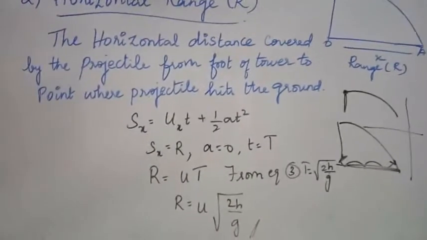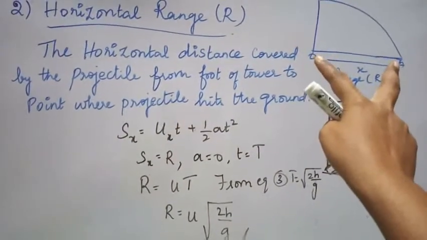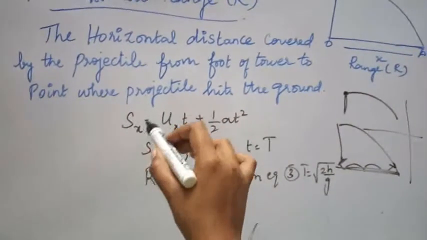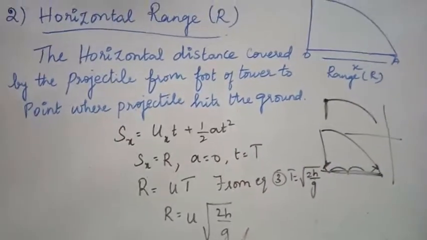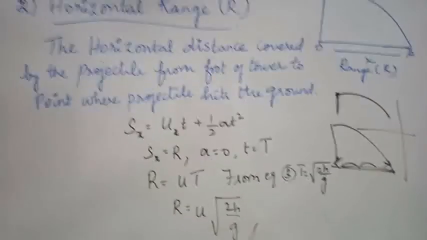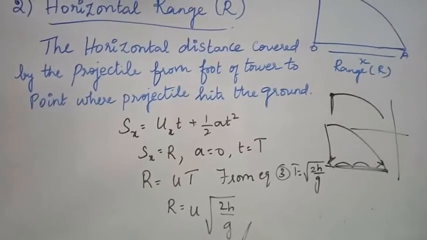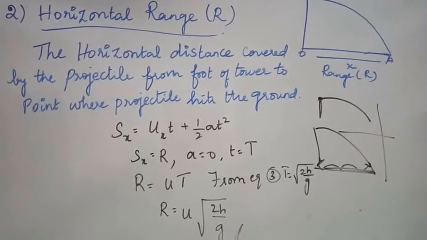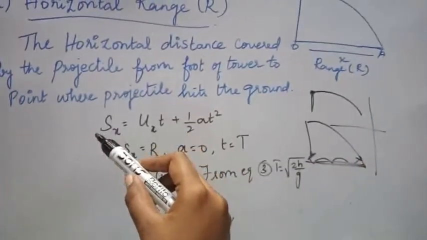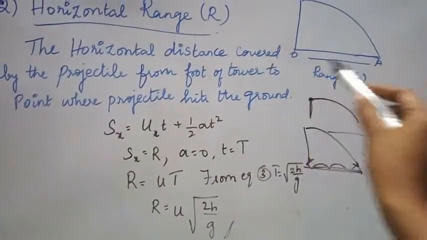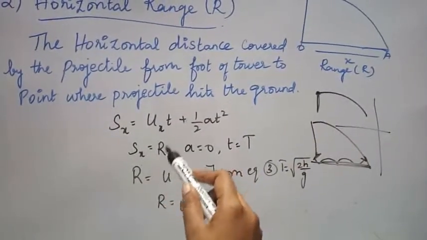So for this again, S is equal to ut plus half at square. As it is in the horizontal direction, it should be the x-axis. So Sx is equal to ux into t plus half at square, isn't it? So I have already told you, in the x-axis direction there will be initial velocity u and acceleration will not be there. So a is equal to 0. And this S is called displacement, right? The displacement distance moved along the x direction is nothing but the range r, which we have told. So Sx is nothing but r.